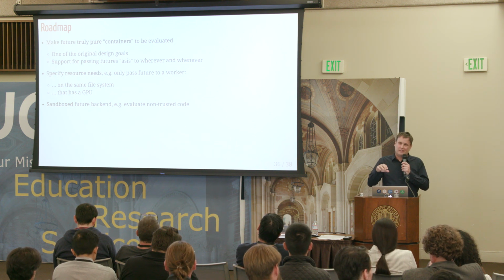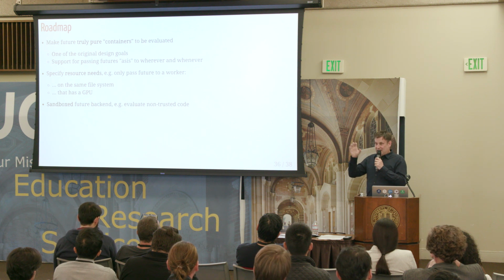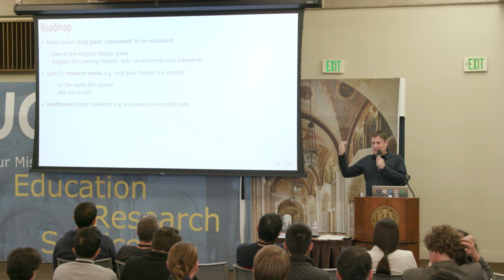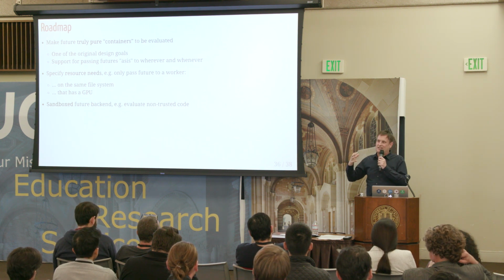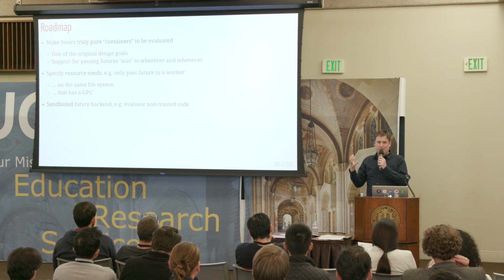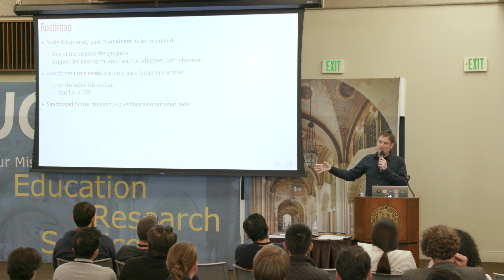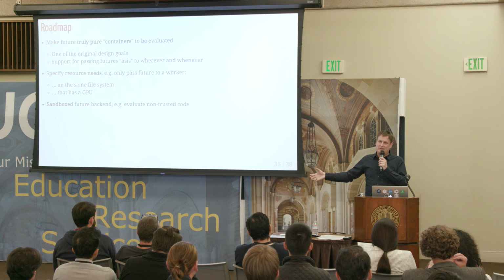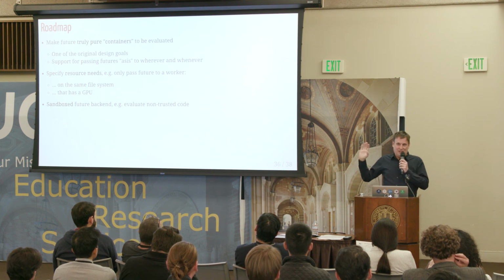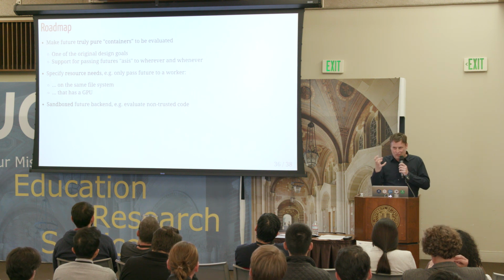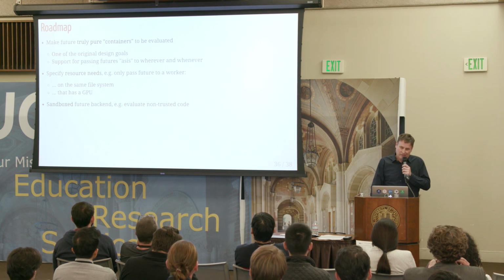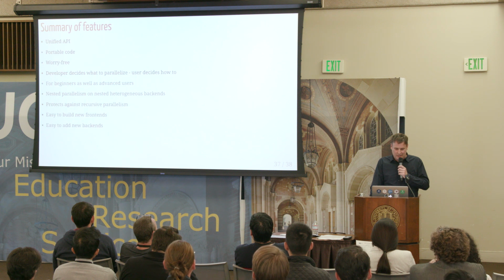But another thing that I'm keen on: you can sandbox future evaluations with containers like Singularity and Docker. You can actually get code from someone you don't trust and run it on your local machine, because you have the compute power, and you don't have to worry about the risk of running that anonymous code. That can be wrapped up in this too. I don't know if it's a wise thing to do, but it's possible.